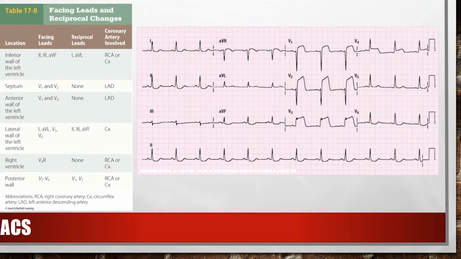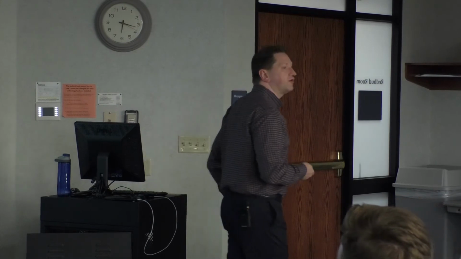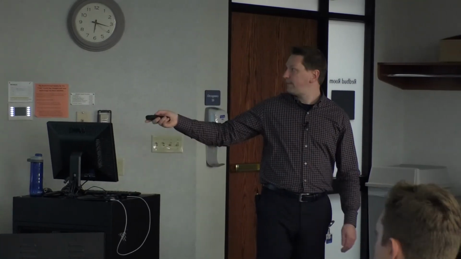Okay? So here in the septal territory, V1 and V2, we see this massive ST elevation. Goes on to V3. Now we're in the anterior territory, right? V4, still anterior territory, still got a couple of millimeters of ST elevation. It's gone by V5 and V6 because that's the lateral territory, right? The opposite of anterior is inferior in the heart, right? So it's no surprise that when we look at the inferior leads, we have this ST depression in the inferior leads. So we would call this an anteroseptal